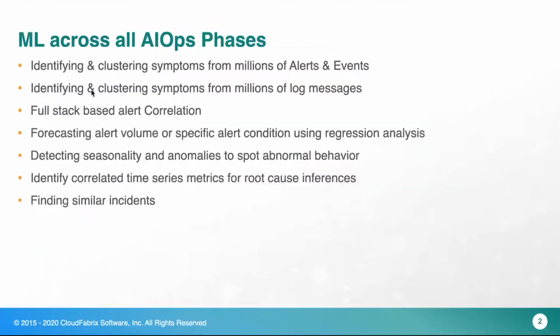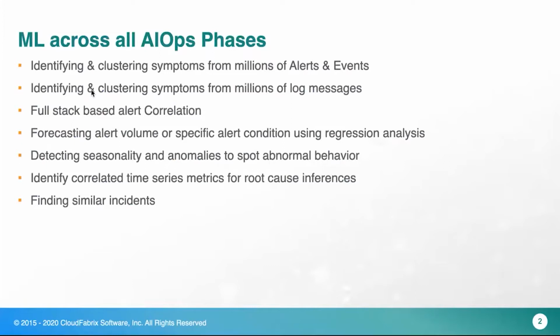Let me walk through what are the different ML and AI models we use across these steps. We use unsupervised clustering to group together millions of alerts coming from several sources into symptoms. And these symptoms can be used to correlate alerts into symptom groups, and that entails noise reduction. We also use unsupervised clustering to group together the log messages and see how this